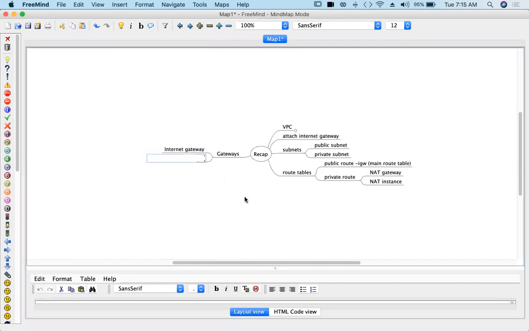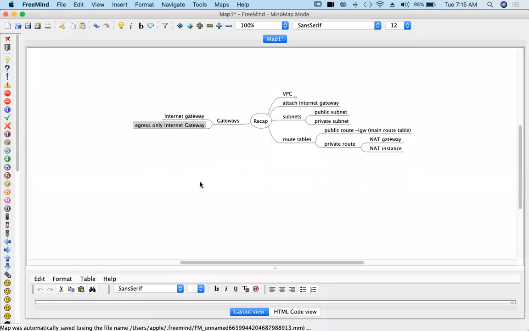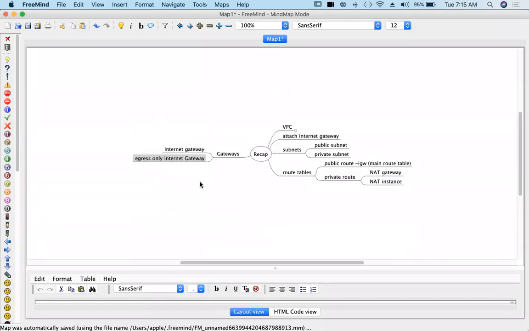And then we talked about egress-only internet gateway also. That means all the outbound rules are allowed, and only outbound is allowed. Egress only traffic.